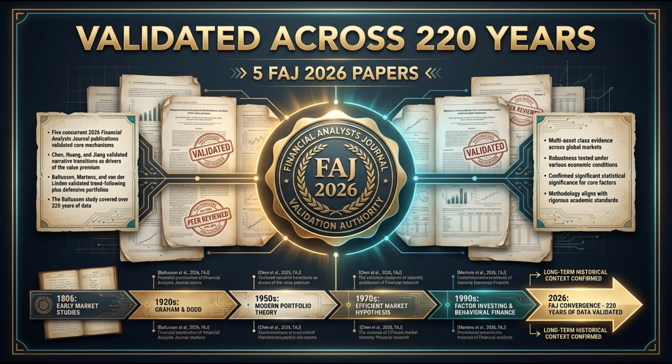Third, Girard and Gend proved through their empirical models that stock-specific momentum generated strictly from fundamental earnings surprises does not exhibit mean reversion. Explain why that non-reversion is so critical here. Often, when a stock spikes on earnings, humans assume it has gone too far too fast and will revert to the mean. Girard and Gend proved mathematically that this specific type of momentum is structurally persistent.